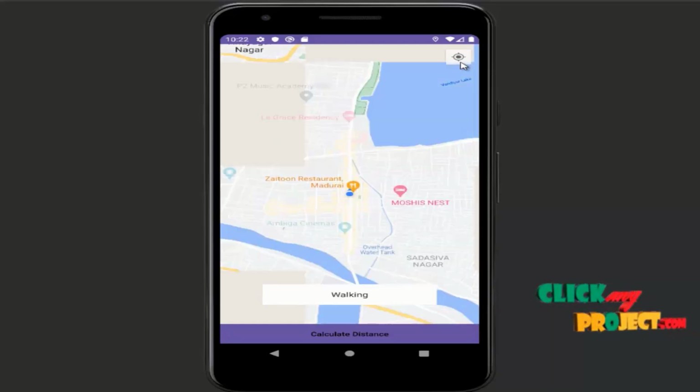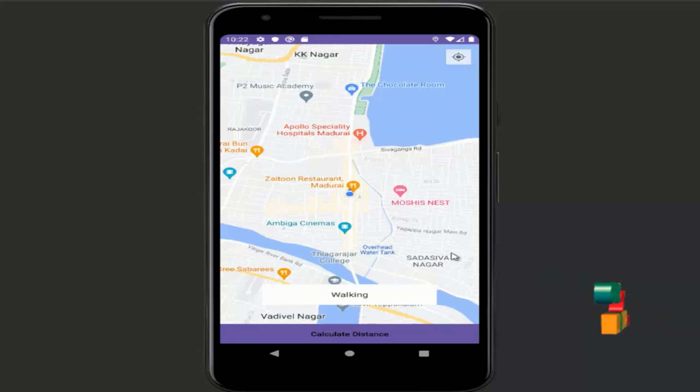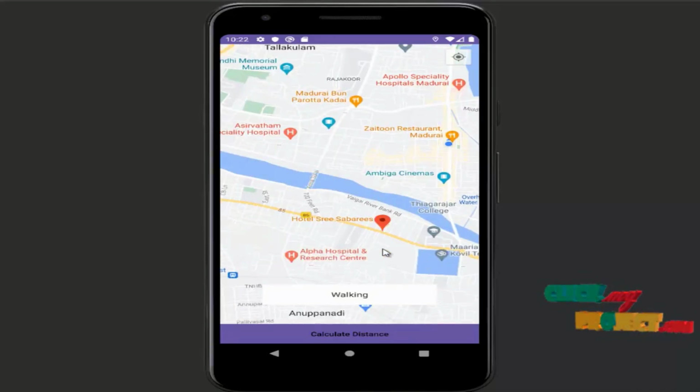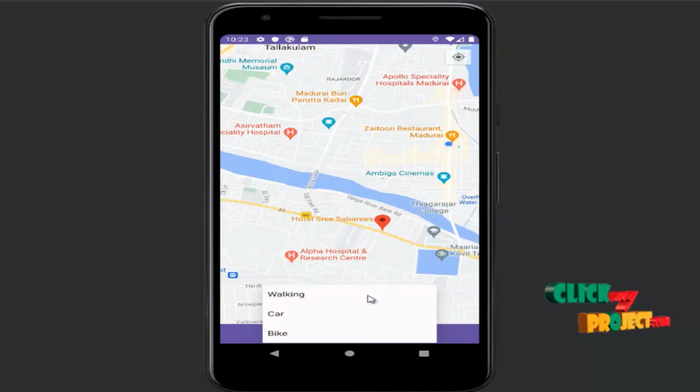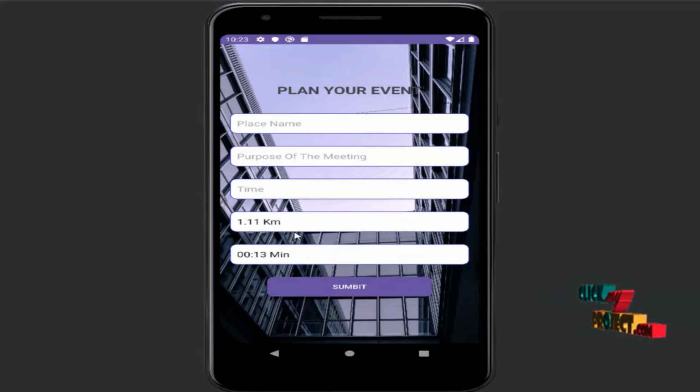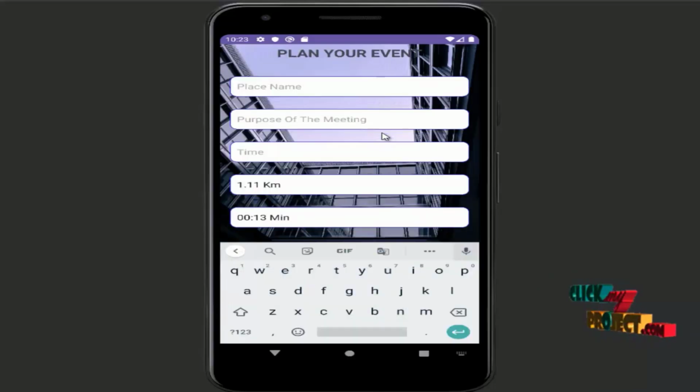Click this icon to go to the current location. Then choose where you want to go. For example, I go to Hotel Safaris, so I click Hotel Safaris and choose walking, car or bike. I choose walking, then calculate the distance. It goes to the other page. The distance is 1.1 kilometers and the reaching time is 13 minutes. Then the place name is Safaris,